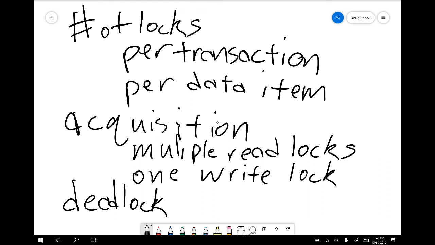If I were writing a test to check deadlock, I would make sure that even after deadlock occurs, one of those transactions survives and is able to continue. Does it matter to me which one it is? Not necessarily. The methods that we talked about in class on Monday have different outcomes in different situations. It doesn't necessarily matter which one survives. There are pros and cons to those various approaches, but at least one of those should survive the process. So definitely something to consider if you're going to be testing deadlock.